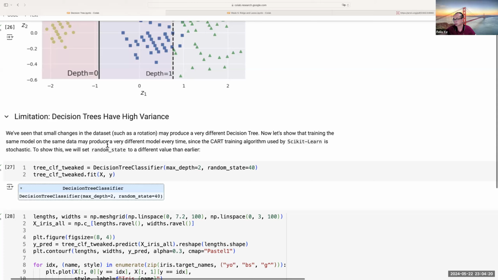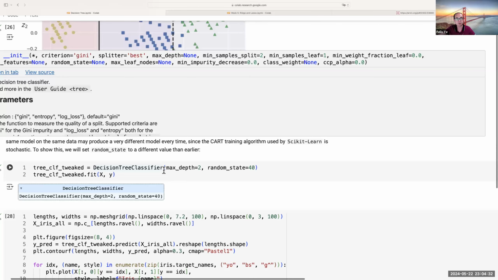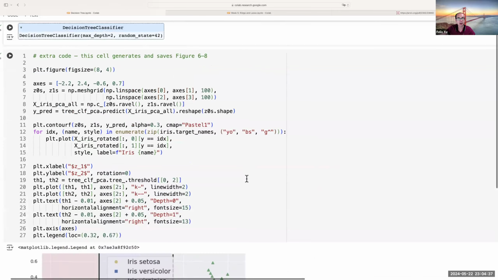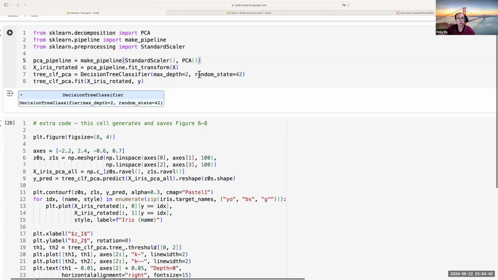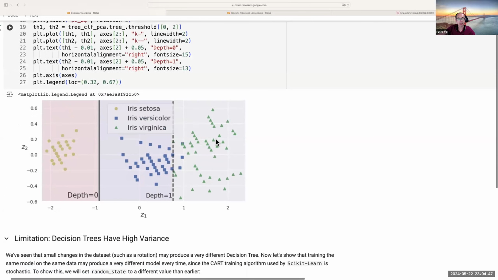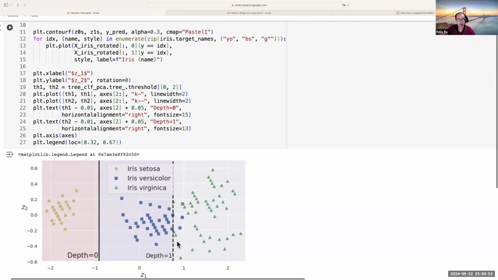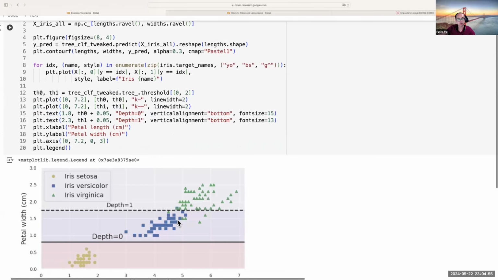The reason is that the algorithm for training the decision tree is stochastic, and as I said, it depends on what random state we use. To show that, we can change the random state to a different number. Here we're choosing 40, and I want to remind you, I think we chose 42 before, but everything else is the same. If we choose the random state to be 42, it splits right here. However, if we choose this to be